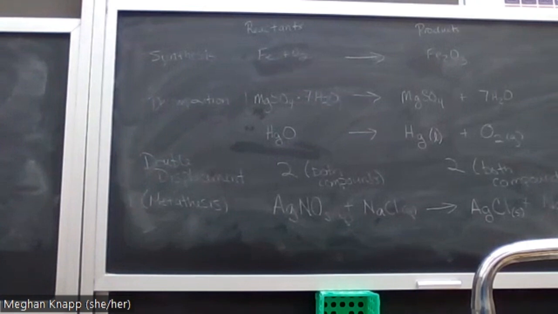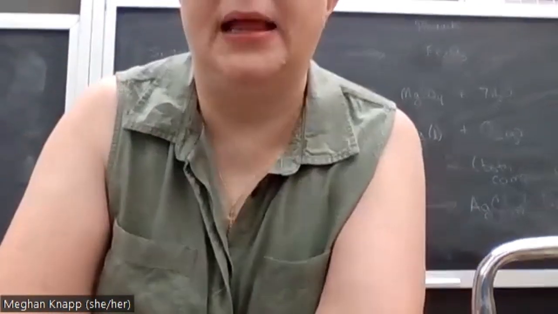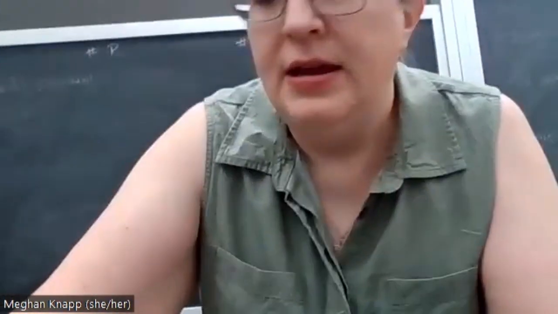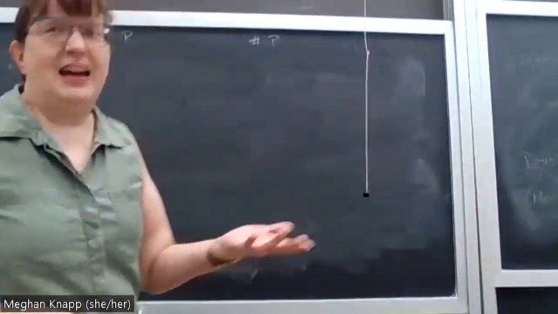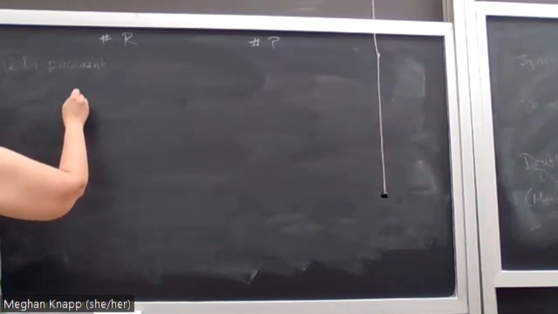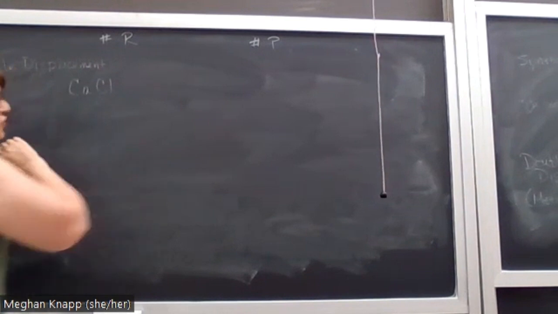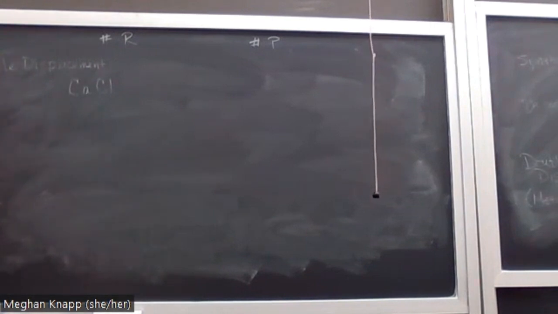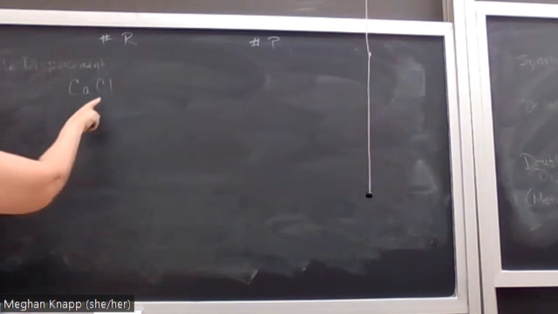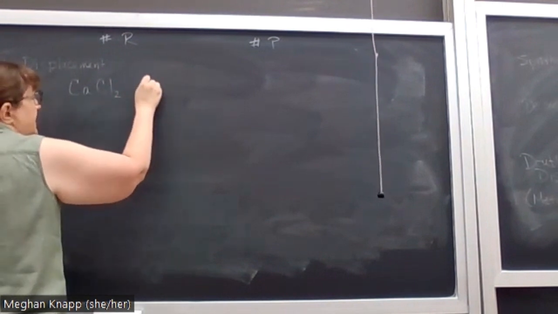Now the thing is that when they switch partners, they still have to charge balance, which means that if I have a +2 with a -1, I need to make sure that I get two of those -1s together. So let's say that I have calcium chloride. What's the charge on calcium? +2, because it's in the second column. And chlorine's a -1, so I need two of those. Now, if I react that with